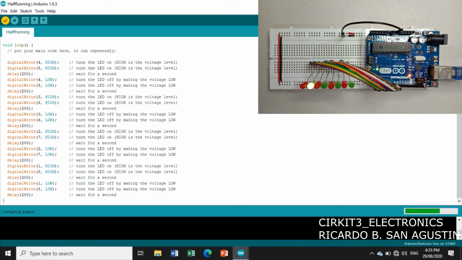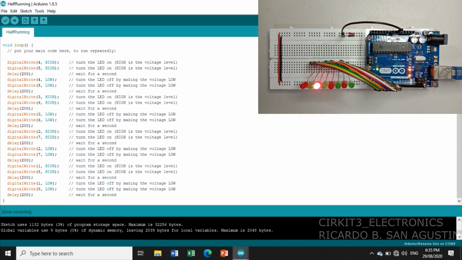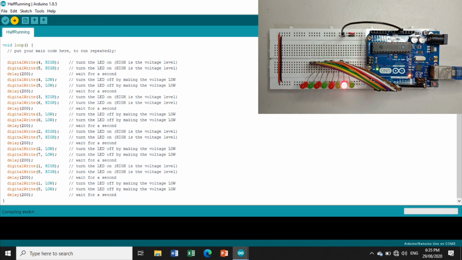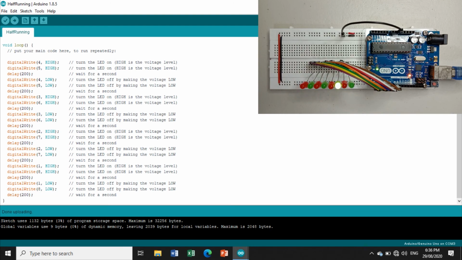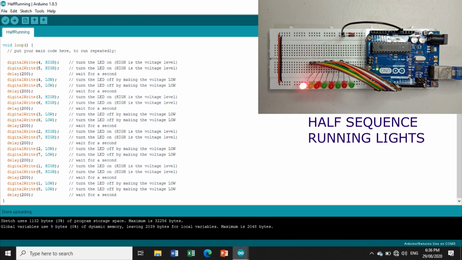Let's wait for a while. The IDE checks the program for errors. There's no error. We can now upload the program to our Arduino Uno. Then let's see the output of this program. As you can see in our output, the running